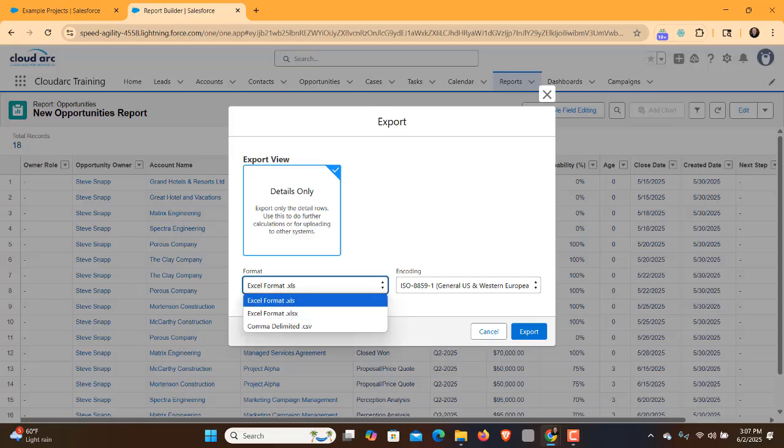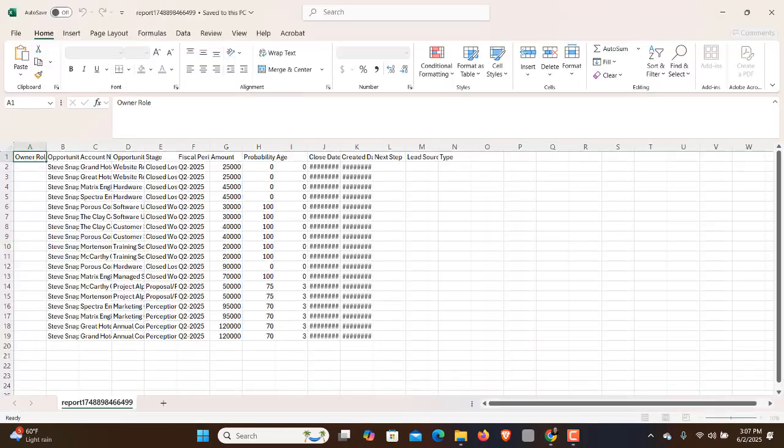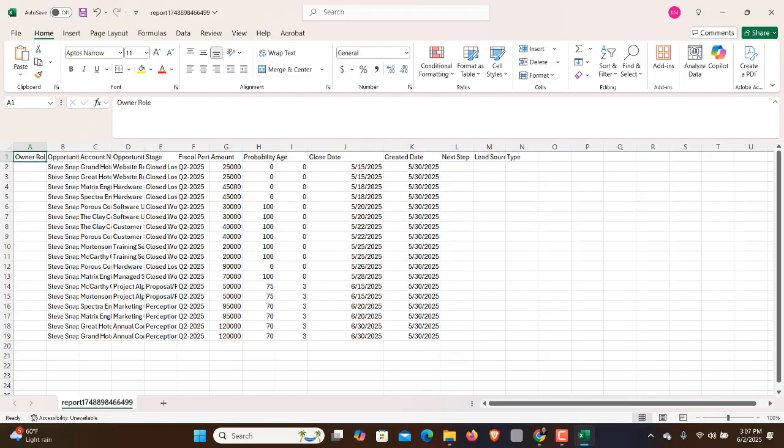So in this case, I can do Excel or CSV, and I can export the data. I'll go ahead and do CSV just because I want to show you how this works. Now on my screen right here, this is my download section. Actually, it looks like my tab is gone. But if I select download CSV and I hit export, you'll see it go into my downloads here, and then it'll show you the report right here. And so I can open this in Excel and see the raw data. I can also export it to another format, etc. So that is the very basic element of how you export